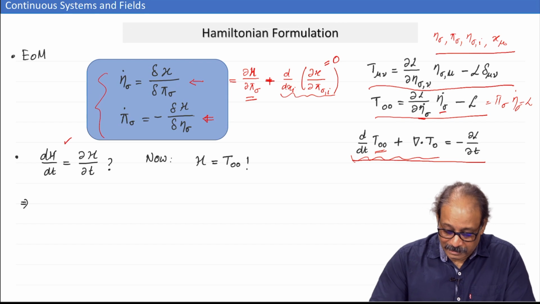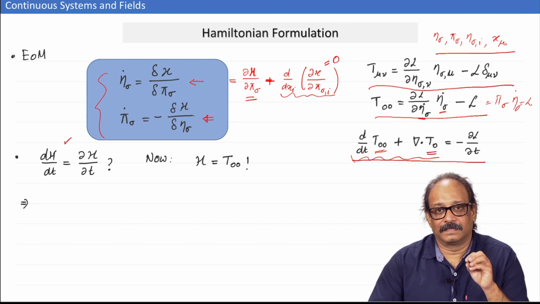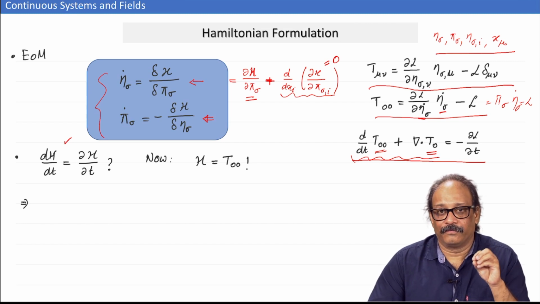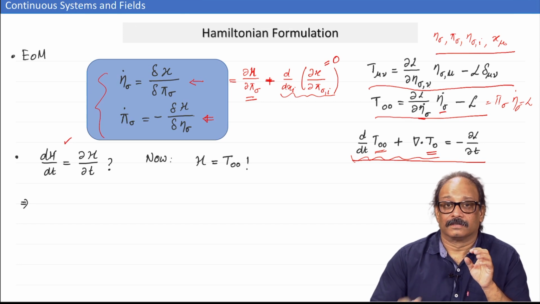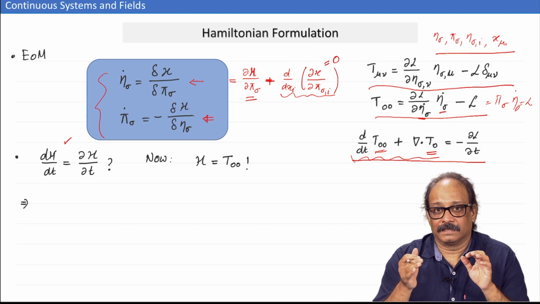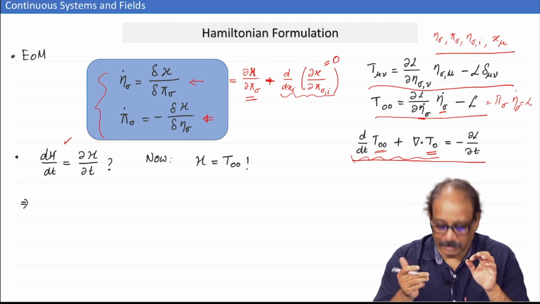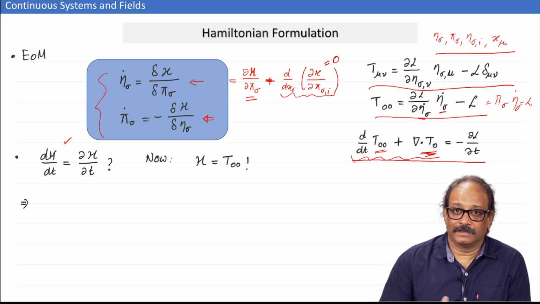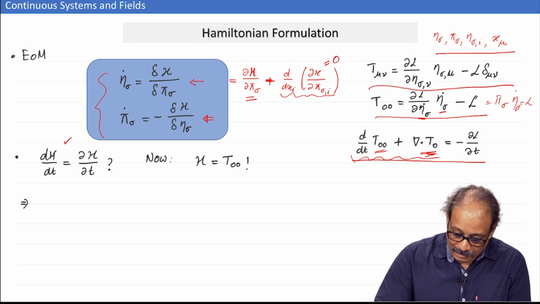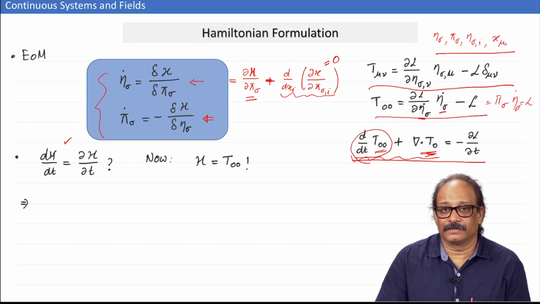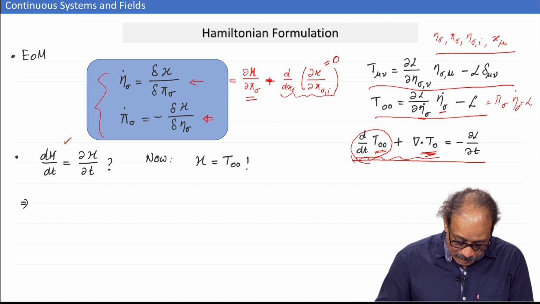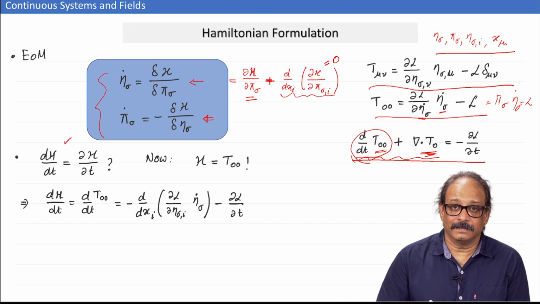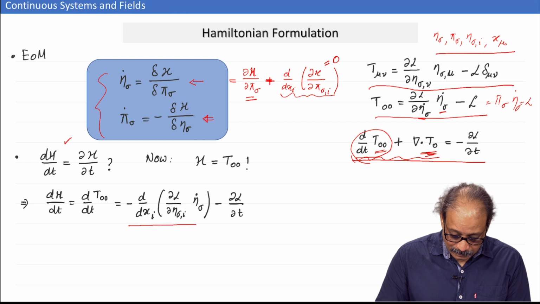Okay? Right. And then T0i is a 3 vector, and the components of that are just the energy current vector or energy current flux vector. So, the energy passing through the surface per unit time per unit area is what we are looking at here, right. So, now I can write down the total derivative of the Hamiltonian density, because Hamiltonian density has been identified with T00 here. So, dH by dt is same as dT00 by dt, and that would in fact be equal to this.